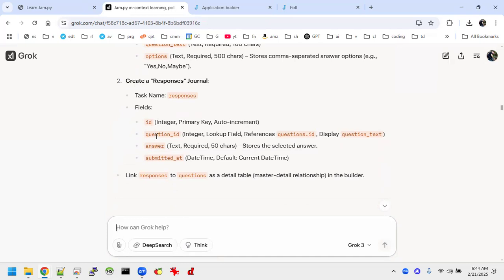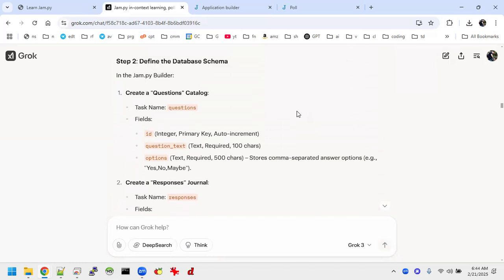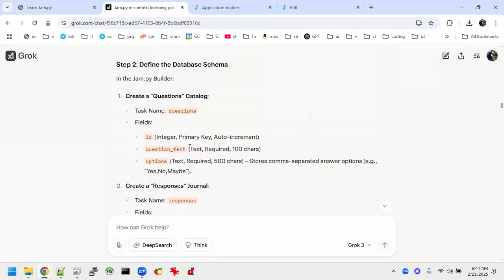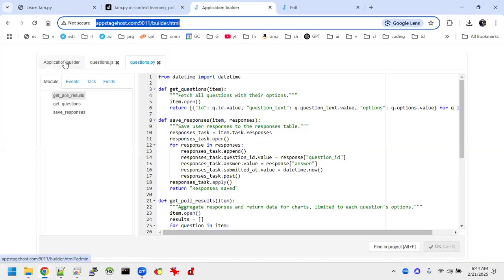with these fields, a question ID field, which was a lookup field that references this questions catalog, and we want to display the question.txt, and then another field called answer, which is a text field, and another field called submitted at, which is a date time field with a default current date time. So it did understand how the builder is set up,